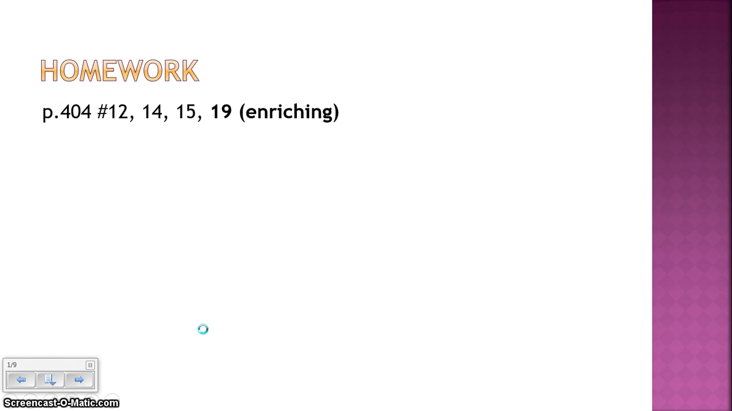This is the homework. Do questions 12, 14, and 15 on page 404. And if anybody wants to attempt number 19, it's a very challenging question. You actually have to set up your quadratic relation, which is something we haven't gone over. But if you want to take a swing at it, give it a shot, or if you want to take it up the next day, just come in early and